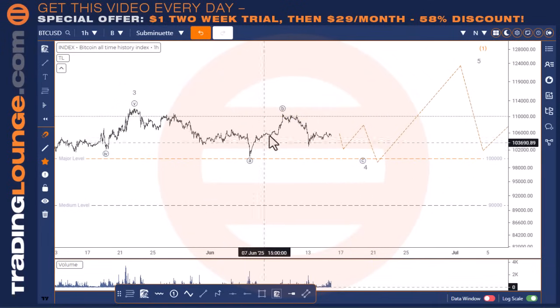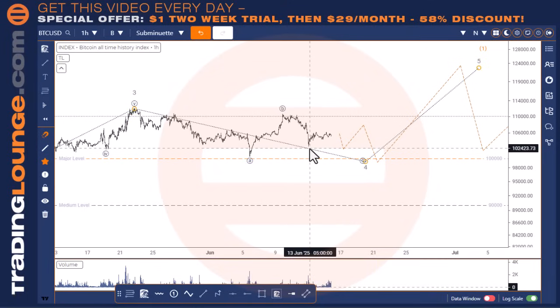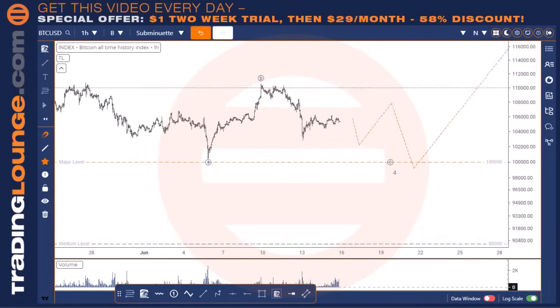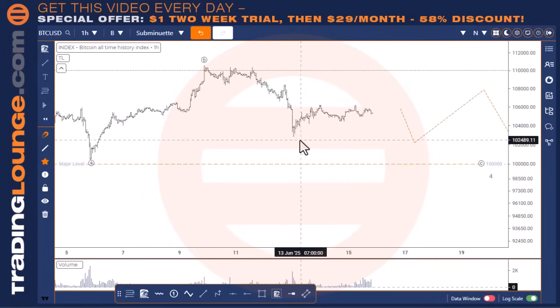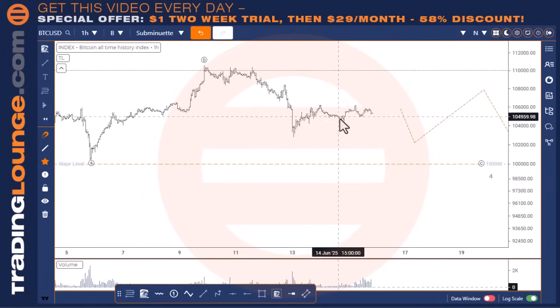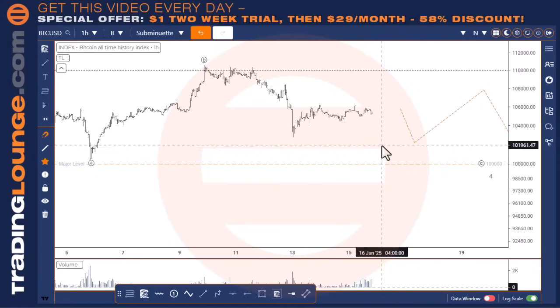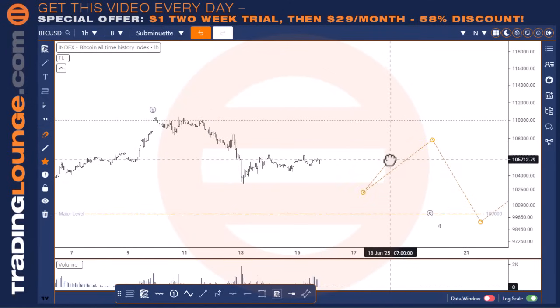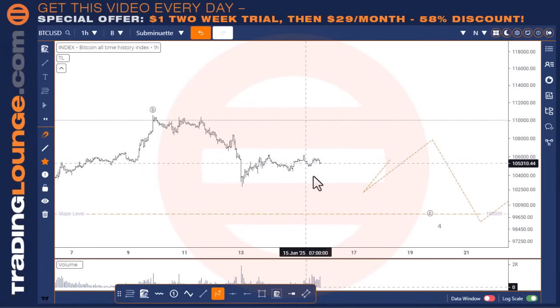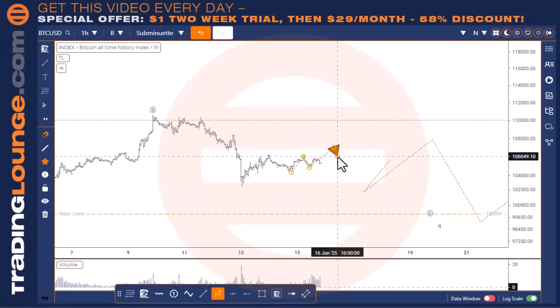So I don't want to look at this as 1 and 2 here at the moment. It kind of looks like it, because with this little move here, I can count 5 waves in here, 3 waves here, 5 waves here, 3 waves here, and probably a little 5 waves here as well. So this can at least do 1, 2, 3, 4, 5 here,